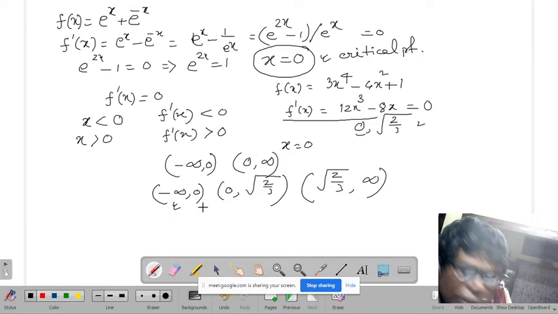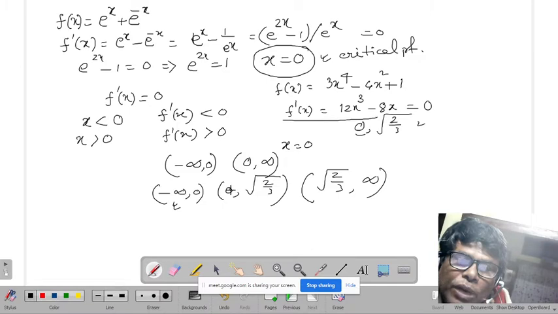And here you have to check whether it is increasing or decreasing. So if x is negative, then what will happen to it? This is negative as well as this is negative, and a negative and a negative is positive. So you put in minus 3, or minus 2, minus 1, anything else, and you see whether this function value is negative or positive. If it is negative, then it is decreasing.